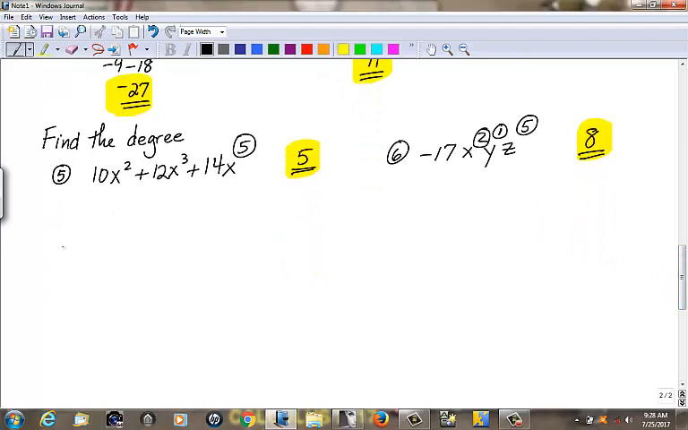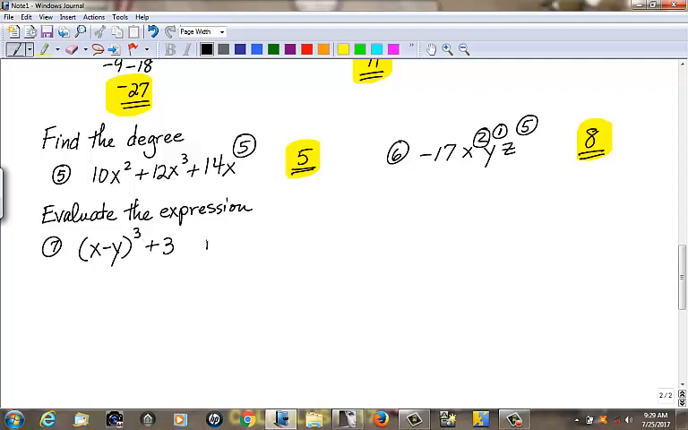Okay, and then the last thing they will have you do is simplify expressions or evaluate expressions, and they'll either say evaluate or they'll say simplify the expression. And they're going to have you sub in values. So, example, if they gave you x minus y, that quantity to the third power plus 3, if x equals 1, and y equals 4. So sub in, if x is 1, sub in as y is 4,